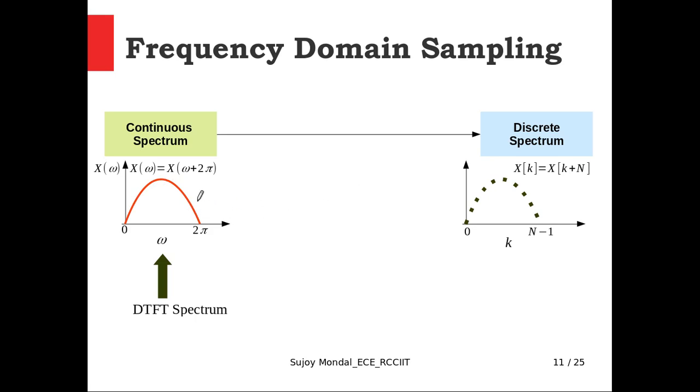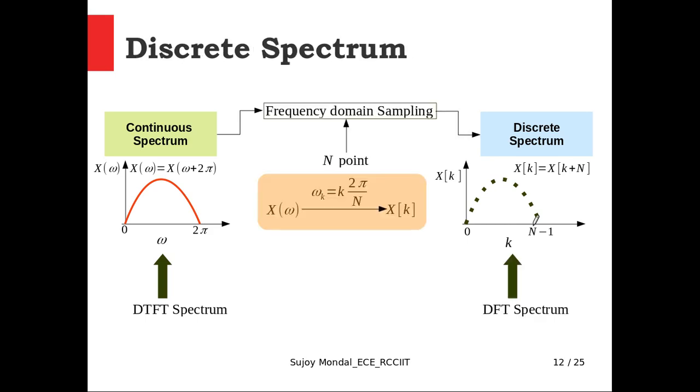What to do? Basically we have to sample this particular spectrum to a finite number of points so that it can be stored in computers. So that's why we sample this continuous spectrum to produce a discrete spectrum. So we did frequency domain sampling. After frequency domain sampling, this continuous spectrum takes a discrete form, and this is the spectrum of the DFT, discrete Fourier transform. So the relation between DFT and DTFT is that DTFT is a continuous spectrum and its sampled version is the DFT spectrum,